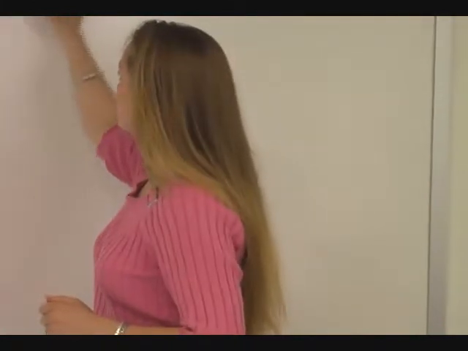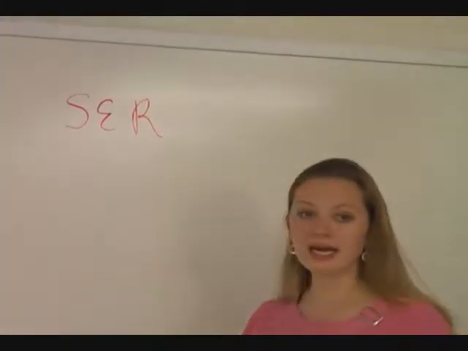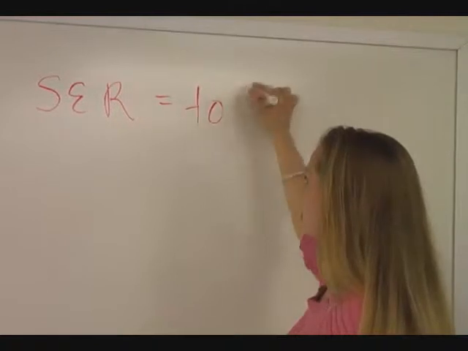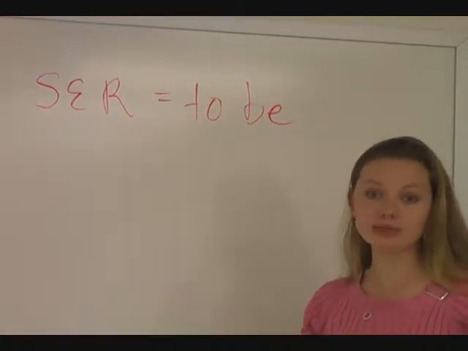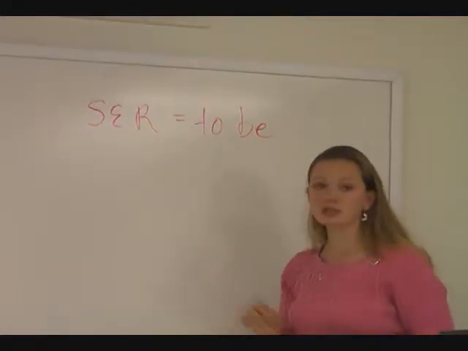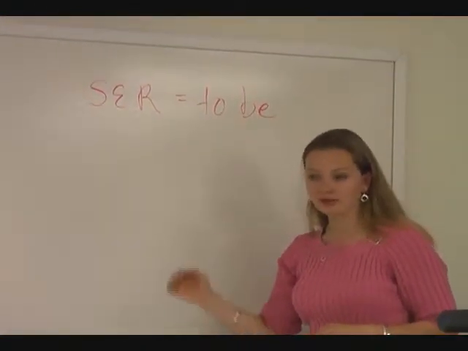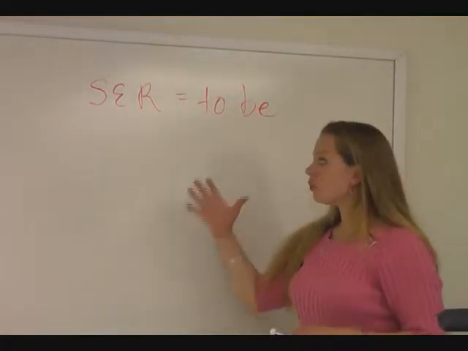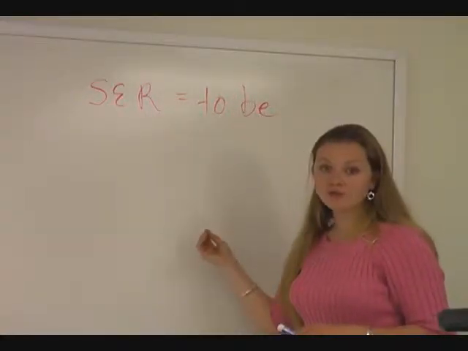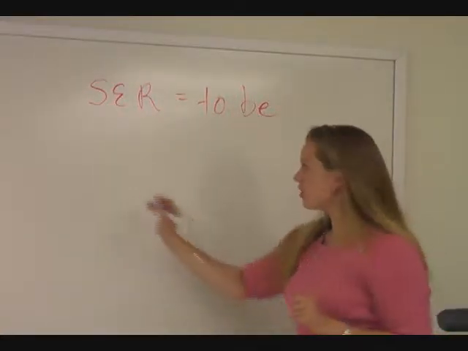Now we're going to discuss the conjugation of a very special verb that is used often in español. Es muy importante y es el verbo ser. Ser quiere decir to be. Es uno de los verbos más comunes. It's one of the most common verbs, and it's also one of the most irregular verbs as far as conjugation is concerned, which basically means we have to memorize the 5 forms of the verb ser, que no es tan